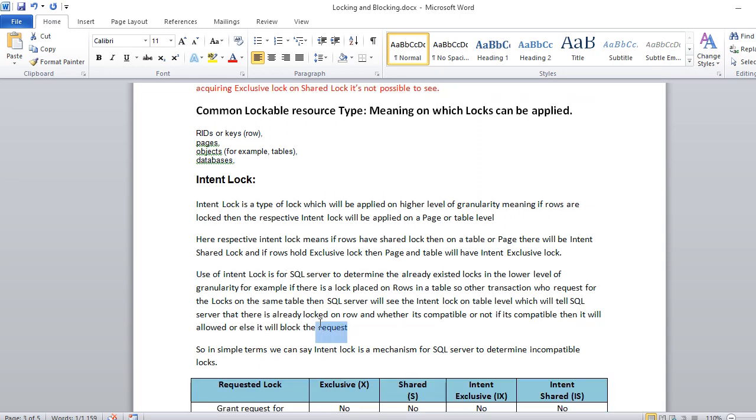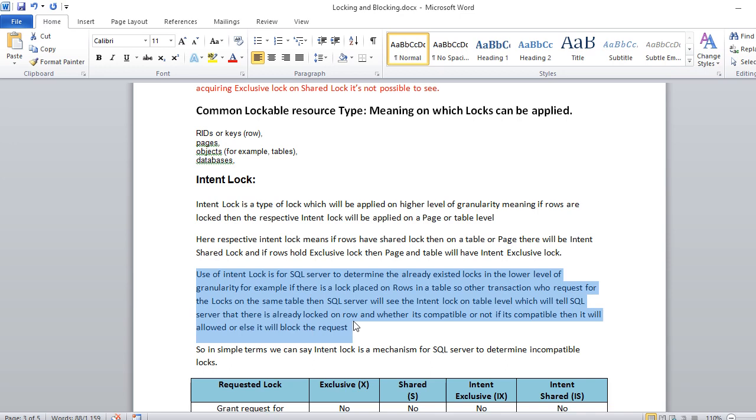So let me try to simplify this. How will SQL Server identify an incompatible lock? If there is already a lock on the resource, and another transaction is trying to select those rows, then SQL Server should know that there is already a lock on that particular resource.